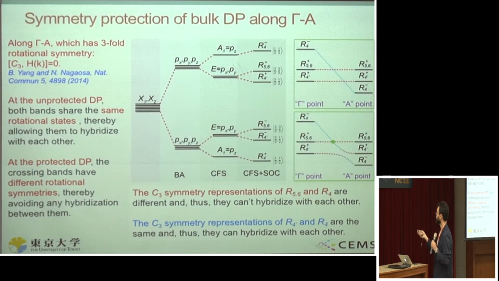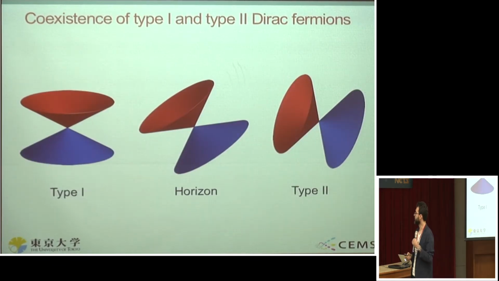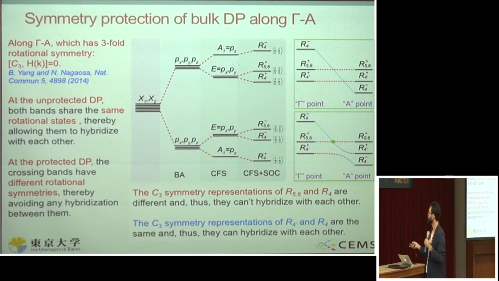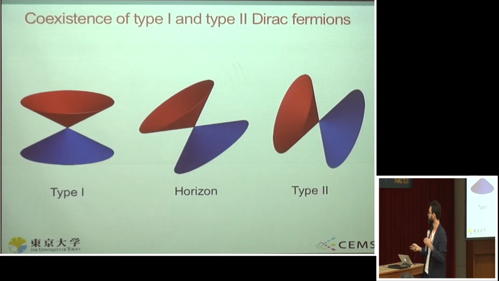So this is the total picture that you can draw for any transition metal dichalcogenide which has a trigonal symmetry. And when you think about this picture that I showed you, here I assume that these bands have no dispersion, but in reality you can have dispersion for your PXY type bands. And since this dispersion is controllable, then you can think about either type 1 Dirac cones or type 2 Dirac